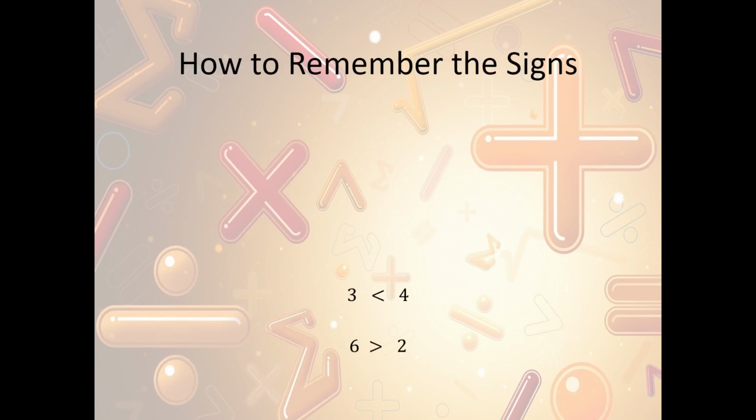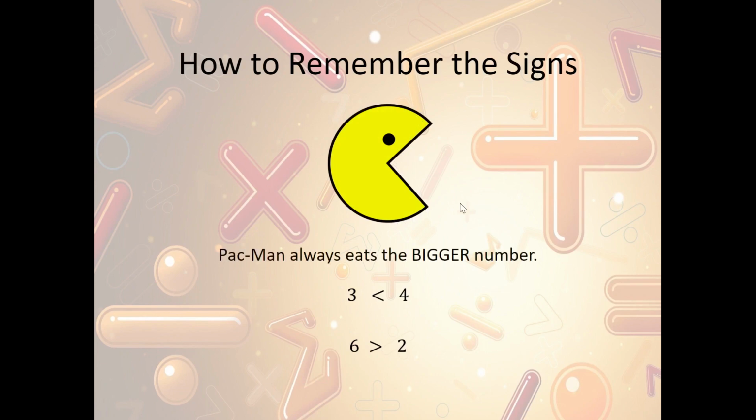Now how can we remember the signs? The easiest way I remember the signs is Pac-Man. So we have Pac-Man here. And Pac-Man's rule is Pac-Man always eats the bigger number. So if you notice, Pac-Man's mouth forms that arrow shape that we just talked about. So it forms the symbol. So if Pac-Man is always eating the bigger number, then we can recognize the way that we can state the